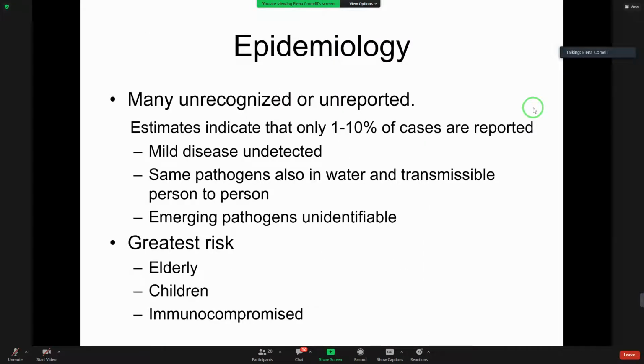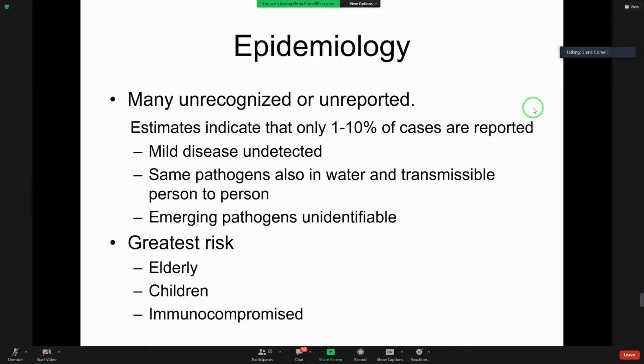Unfortunately, many of these enteric infections and diseases go unrecognized or unreported, because, luckily, maybe they don't cause very serious effects, and therefore an infected person may not even go and see their doctor, and this remains unreported. Sometimes it is deemed not necessary to follow up with an investigation to determine which pathogen has infected the person, because maybe it's not cost effective and the person will be treated. It's not necessary to determine treatment. So there would be an infection which is unrecognized, where we wouldn't know which pathogen caused it.